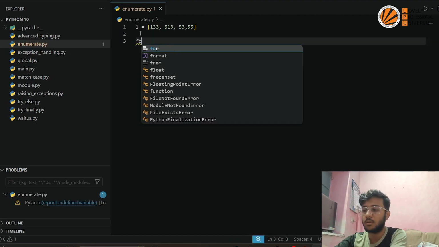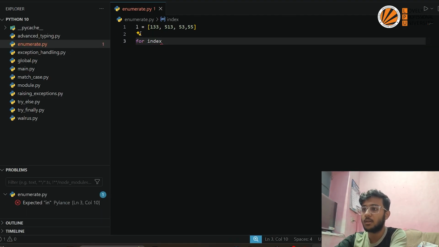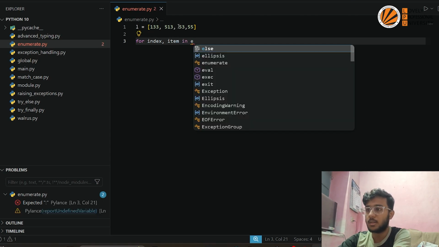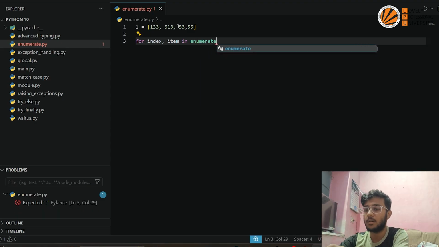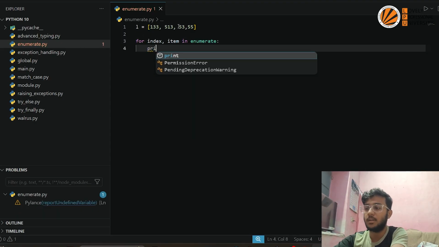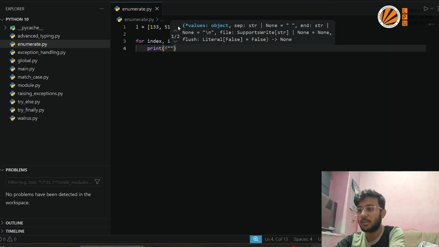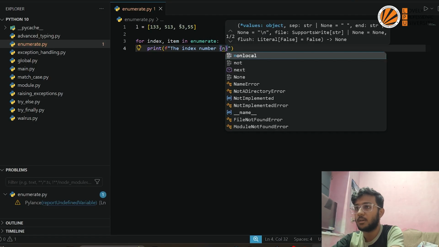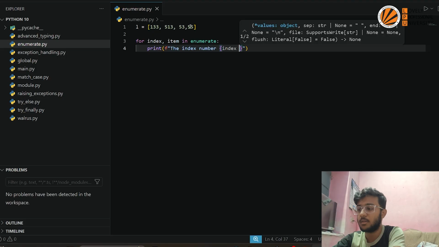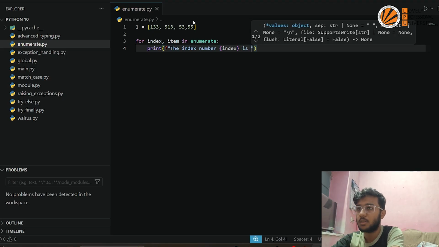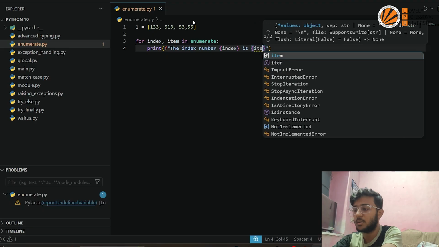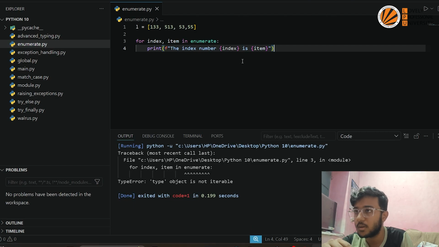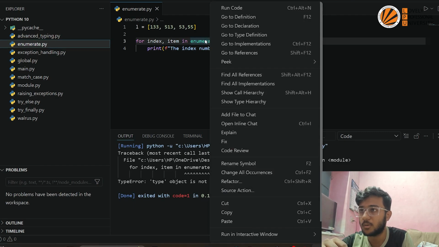You can write here: for index, item in enumerate, and colon, and now it will give you the index number and the item, just like this. And in 2 lines, I have given the spelling wrong, so